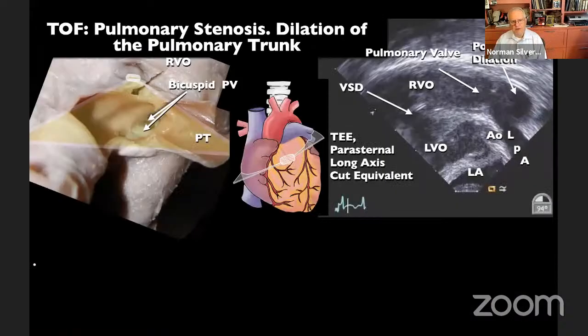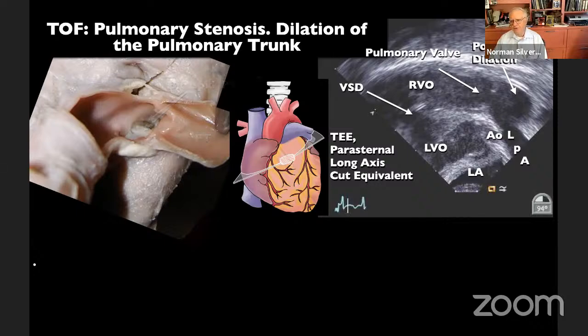Now let's look at the pulmonary valve. We've taken this heart, the ventricles are up here, the great arteries are down here. We've cut a slice in the anterior aspect of the pulmonary trunk, and we're looking down on the pulmonary valve from above, as the surgeon might do if he opens the pulmonary artery. And you can see here a bicuspid valve with the leaflets crossing across the outflow tract. That's an unfavorable sign if a transannular patch has to be placed over here. We'll get to that in a moment.